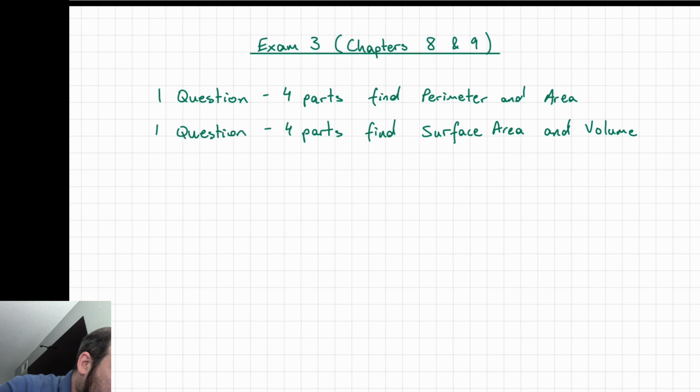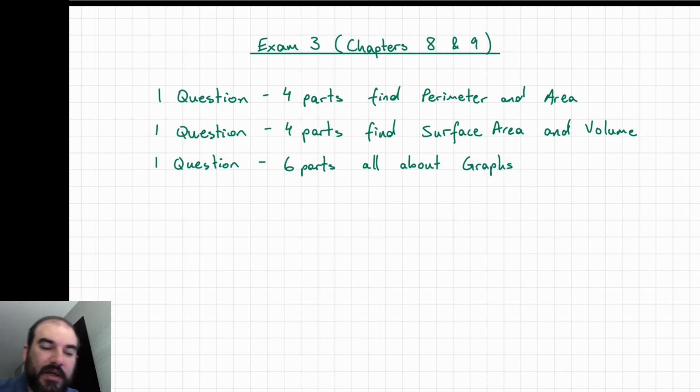And then there is one question which has 6 parts, all about graphs. These are the general terminology, I guess just terminology, like the degrees of vertices, the number of edges, the number of loops, the number of parallel edges, just things having to do with terminology